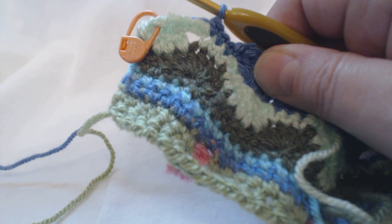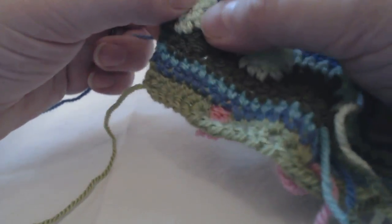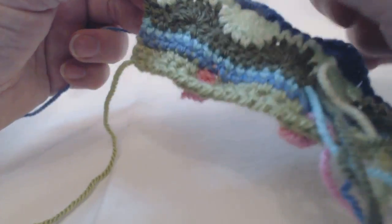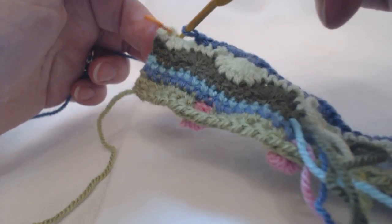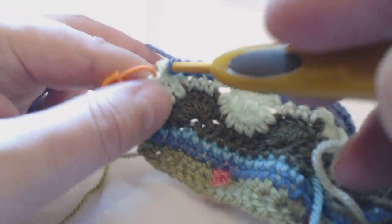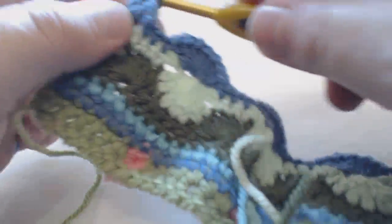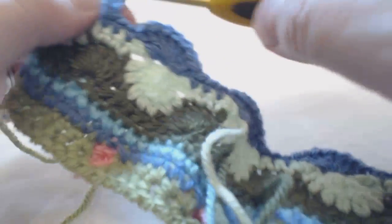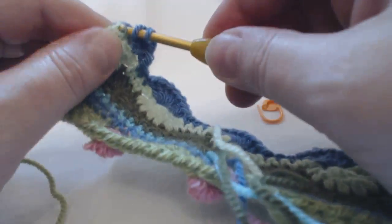So what it wants us to do here, I'm just reading, is to put 3 trebles in the centre of this treble decrease here, and that's where I need to be. So it's just off to the left of the 3 together is the top of that. There is the top of that decrease. So we need to put 3 full trebles in there. So 1, 2 and 3, and then the final stitch is one treble, which I know needs to go there. So I'm going to take the marker out because I know I'm not going to get my hook in there. So we're in that top chain,